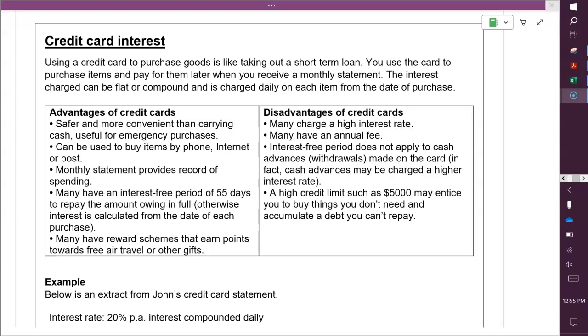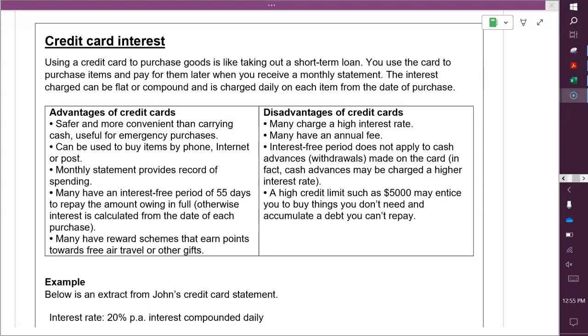Last lesson we looked at credit cards and how we read those statements. This lesson we're looking at the interest on credit cards. So using a credit card is like taking out a short-term loan. You can use it to pay for things, you get your statement, and then you get charged daily usually for